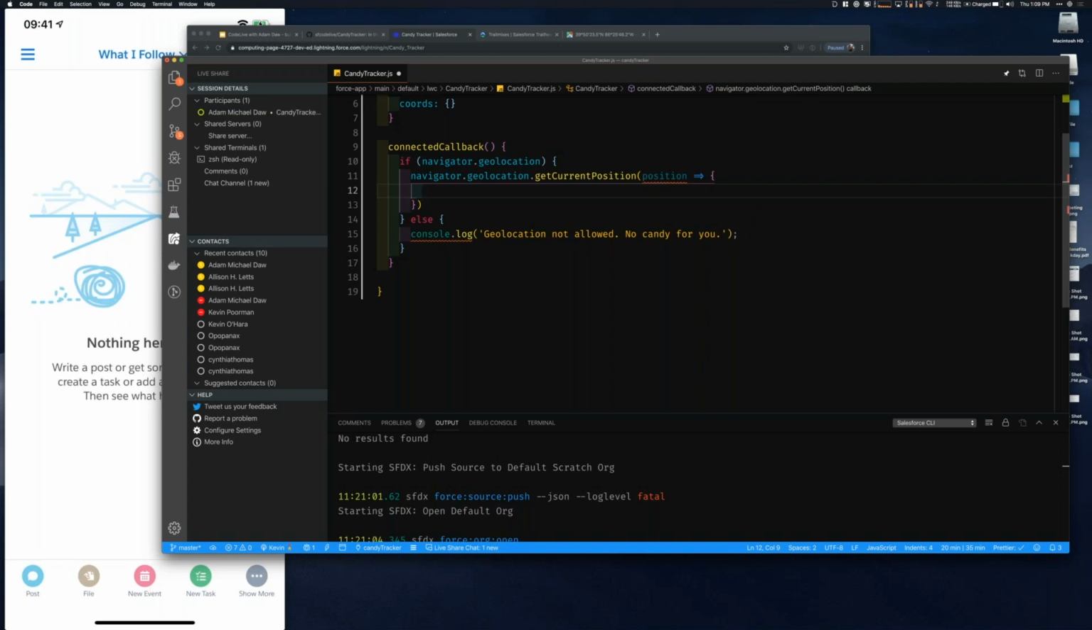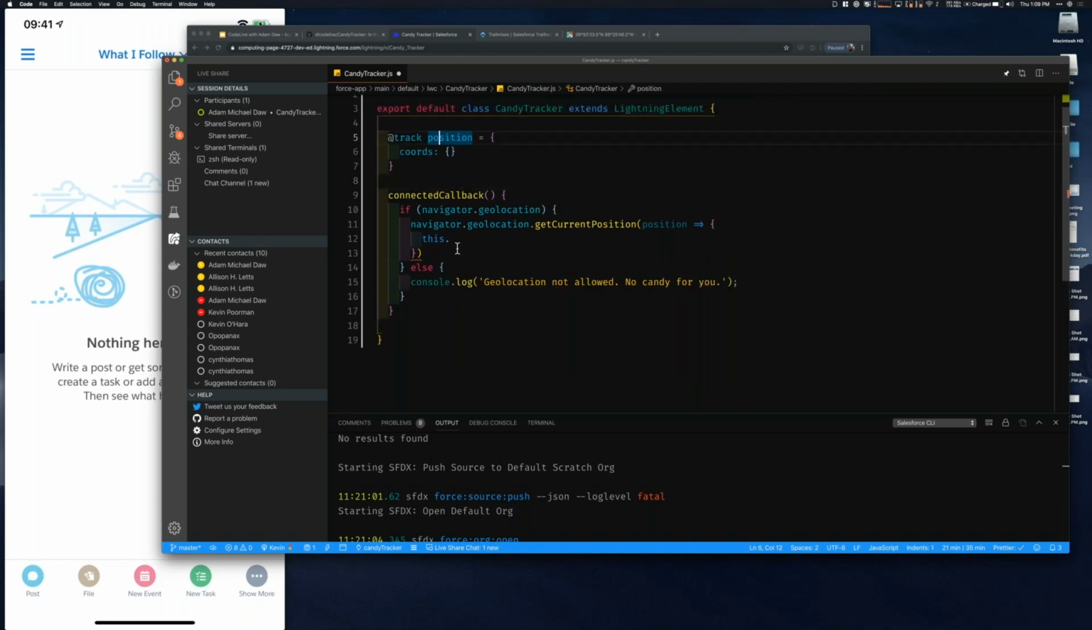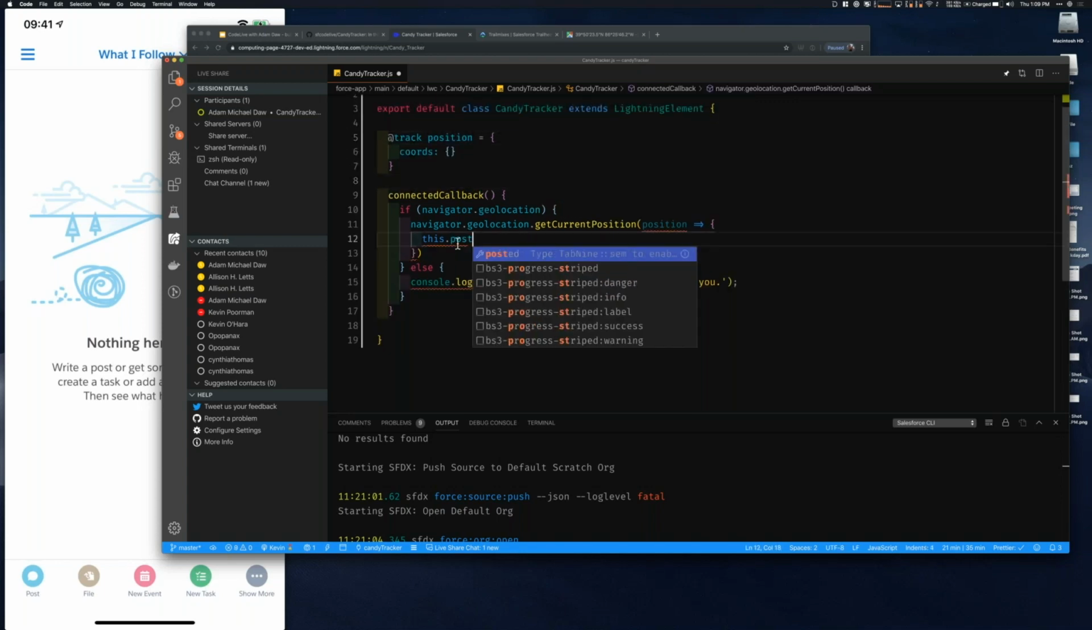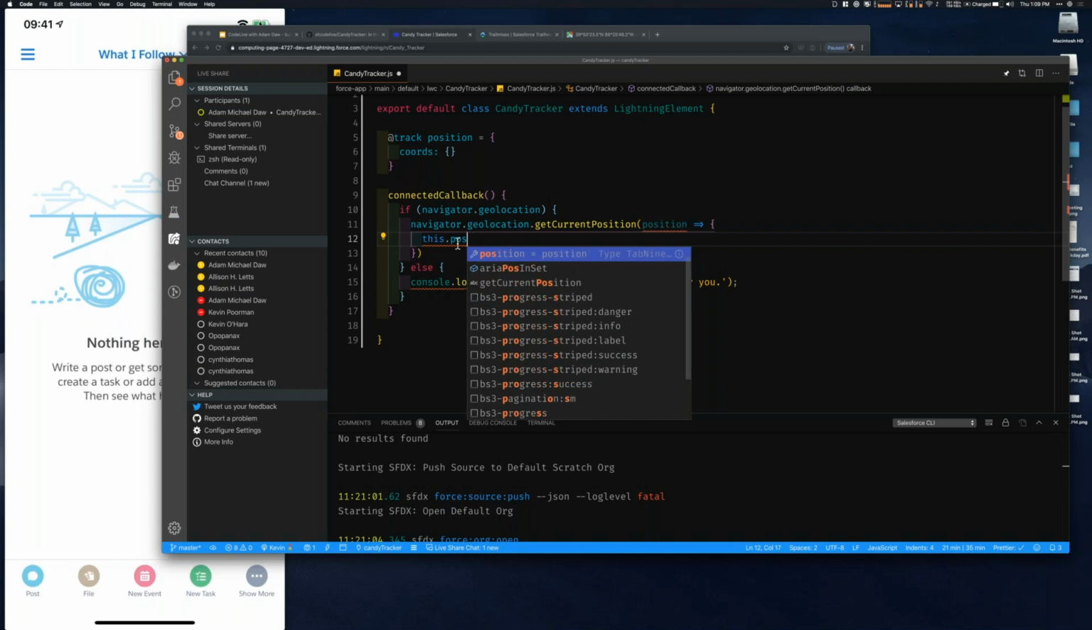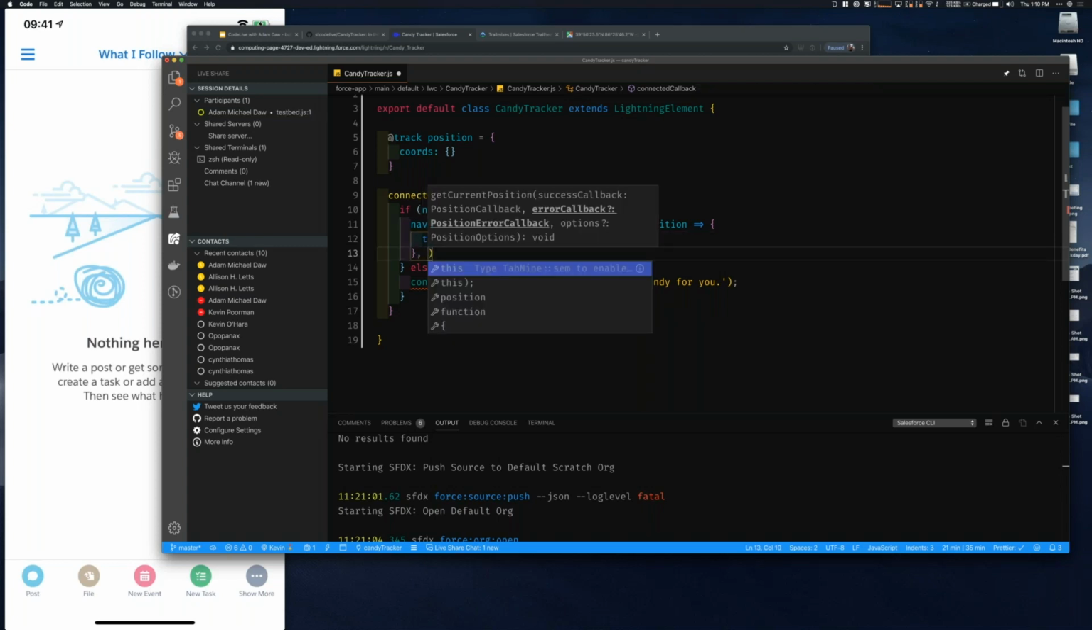Why would we use an arrow function there? Because the context is important. Yep, because we need access to this so that we can set our position variable, this dot position. I can type equals to our position, and then it'll accept a second one for errors. So we'll do error,